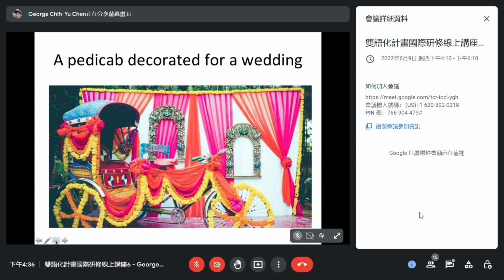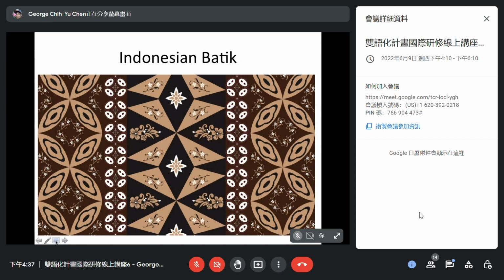Next, we'll go to another country which is not too far. We'll go to Indonesia and look at Indonesian batik. If you study textile, you might already know what batik is. If you're not familiar with it,